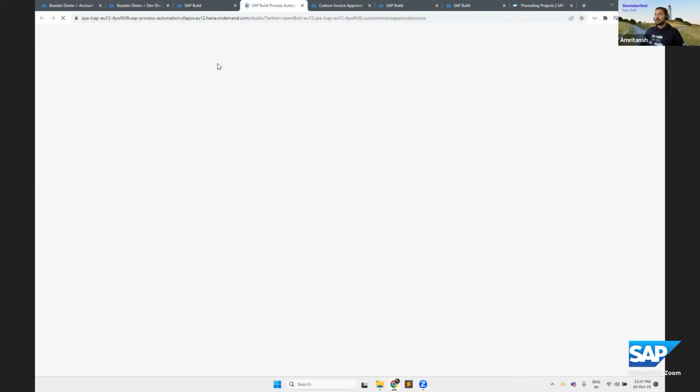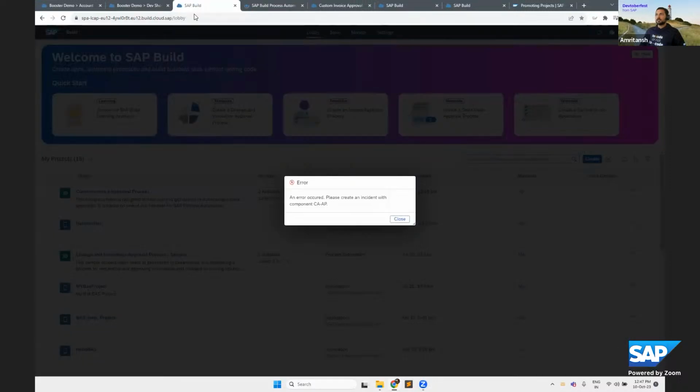Once tested, I can use the promote option or SAP Cloud Transport Management to move the process further to a test or prod tenant, where it can be tested maybe by the QA validators or QA colleagues from the team. This is strange.